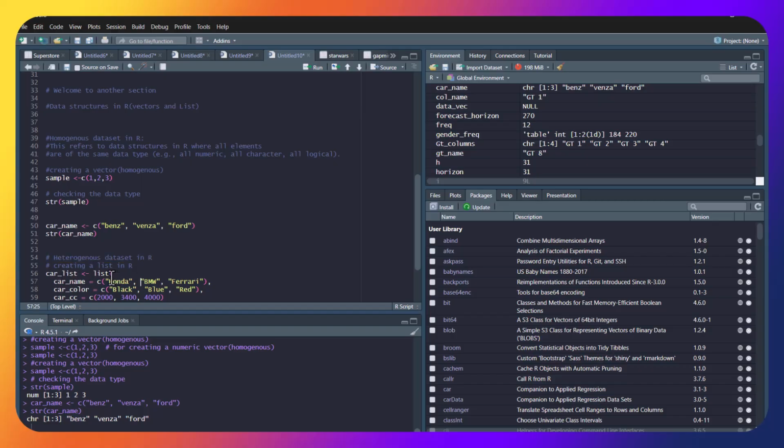And mind you, you can create a list of one single data type, for example, only car name. It works as well. But what you're trying to say is that a list is for creating one or more data types on the same variable. So when we run this code, for example,